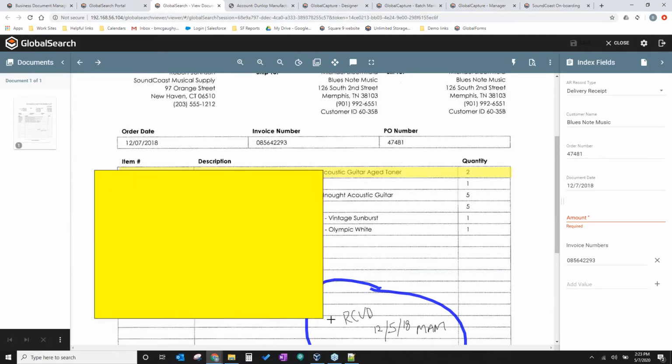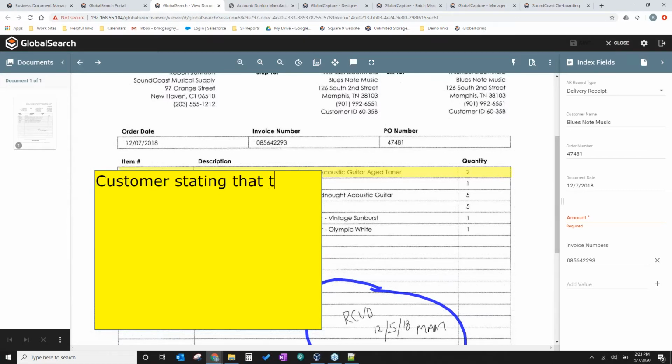So I can add a little post-it note to my document as well, where I can give anybody else that's coming in here some information about this particular delivery receipt, and that the customer called stating that they didn't receive the Martin guitar. So, we can add these little post-it notes and things like that.